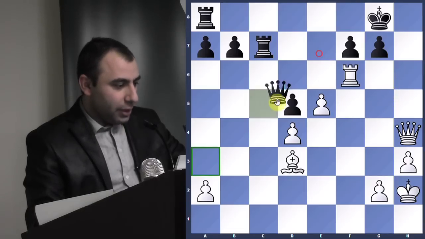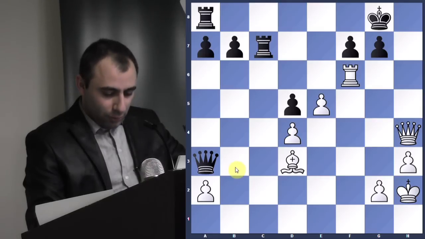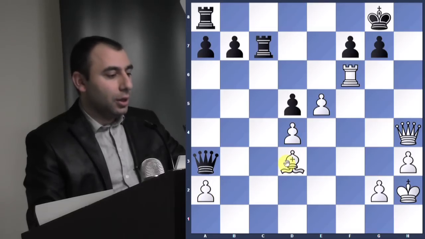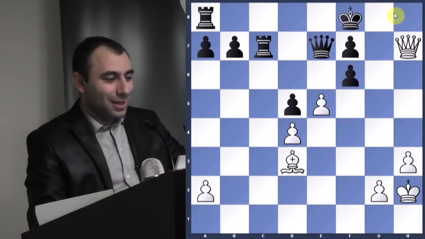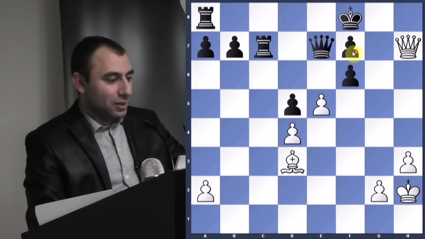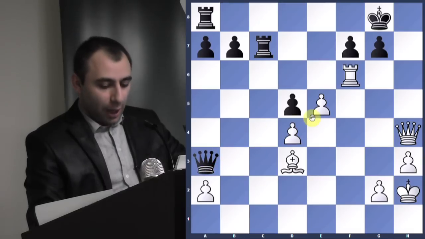So now he goes queen a3. Now, what do you do after queen a3? Because he wants to attack your bishop too. He couldn't take because then it's the same checkmate. Check. Goes here. His queen is actually blocking, so he cannot escape. So that's why he goes queen a3. And now,